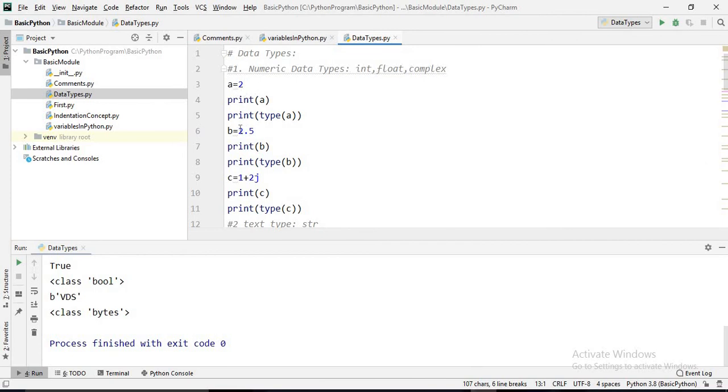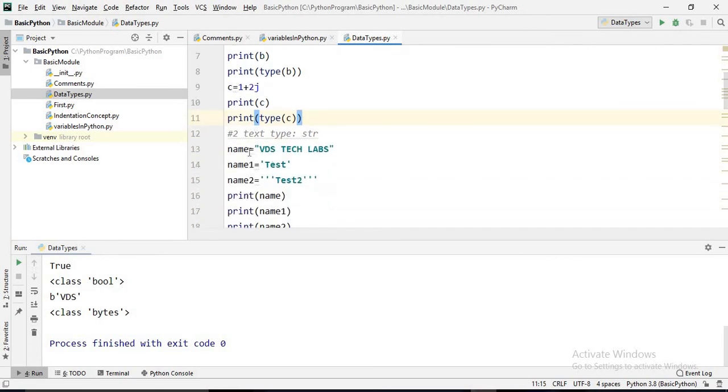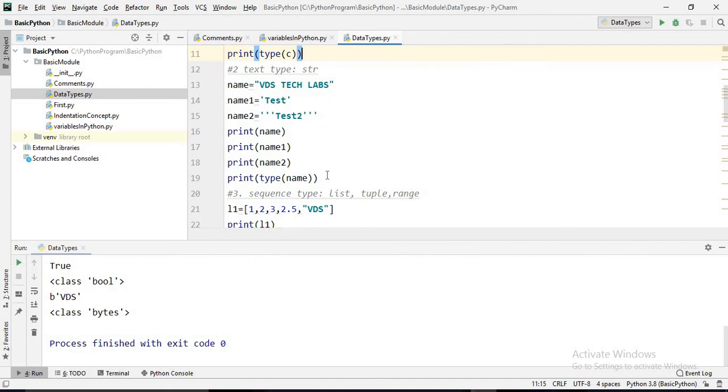So we have a equals 2, b equals 2.5 and c equals 1.2j. Then how can we print and see the data types? This is the way. And then string types: we can represent a string in double quotes, single quotes and triple quotes as well, and all are valid. And how we can find the type of the data.